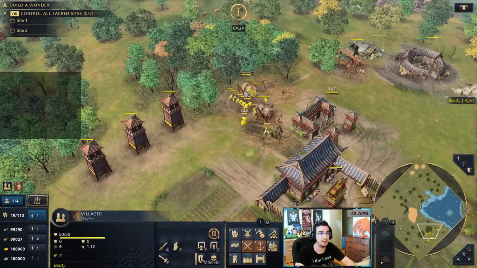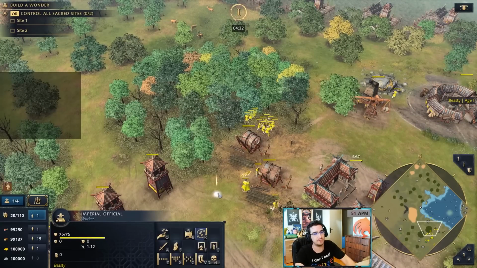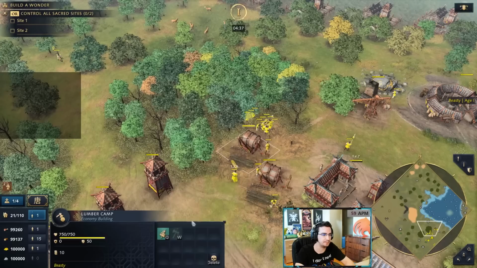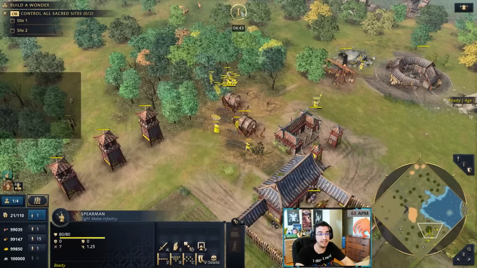And another thing that Imperial Official does, which I forgot to mention, it makes buildings produce 150% faster, which counts for upgrades. So this upgrade is 45 seconds. If I supervise it, it's 18 seconds. So if you look, it finishes super quick. And this is really nice for getting the upgrades,